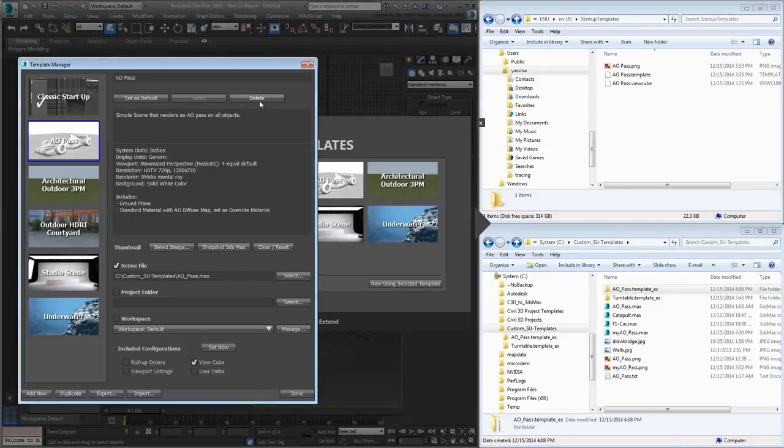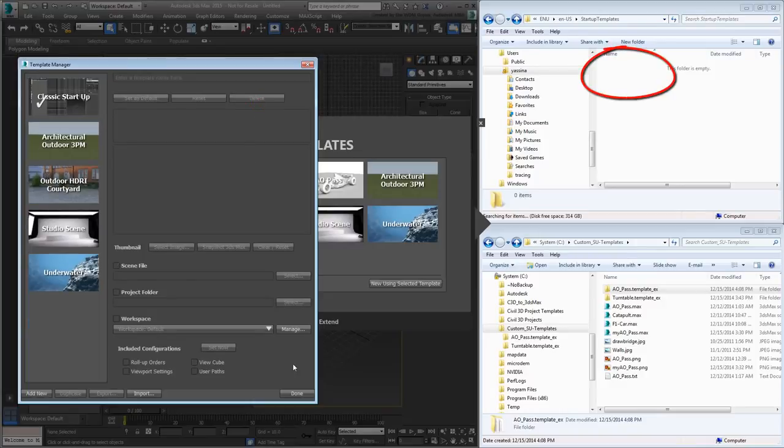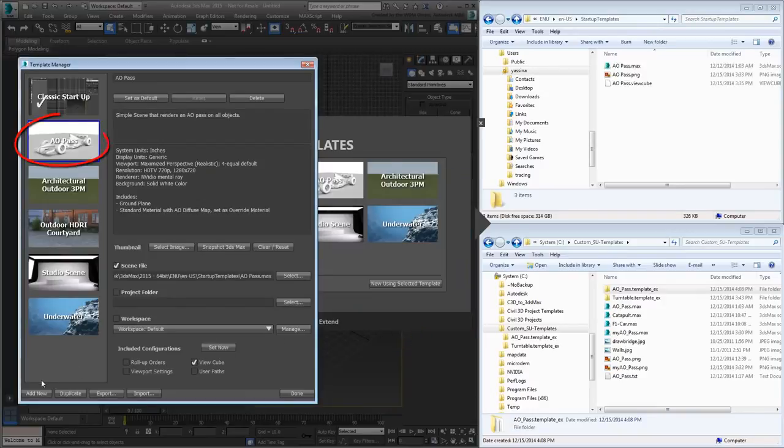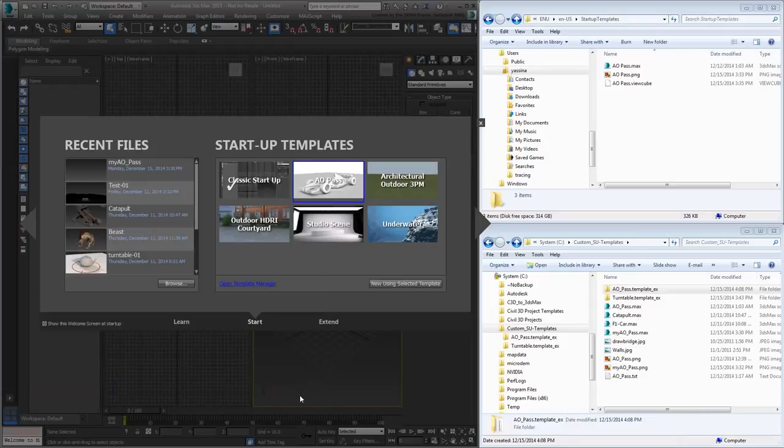This in fact clears it out from under your username. Now use the Import tool and navigate to where you stored the aopass.templateex folder. Select it and click OK. The custom template is available again. This time, the associated Max scene is stored under your username along with the needed XML files and thumbnail. You can close the Template Manager